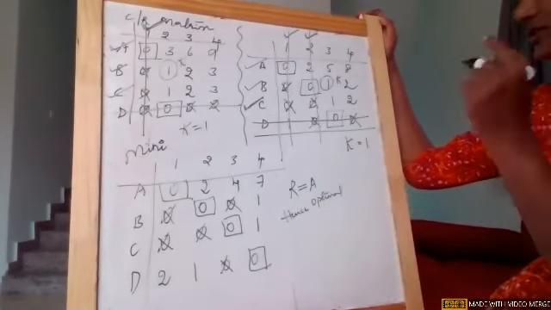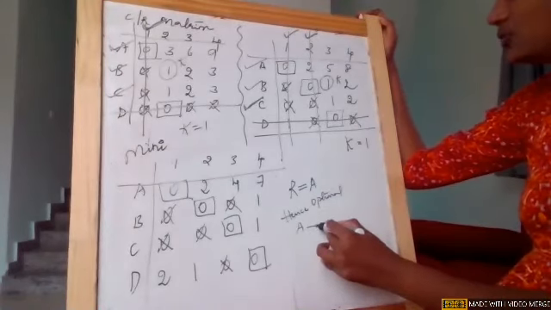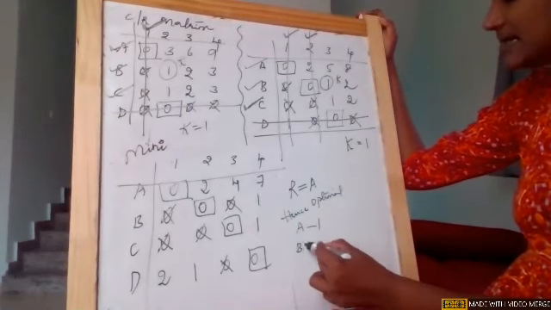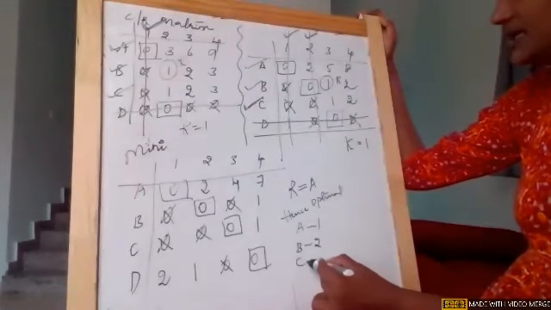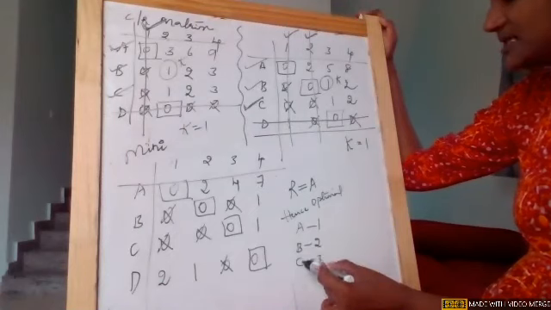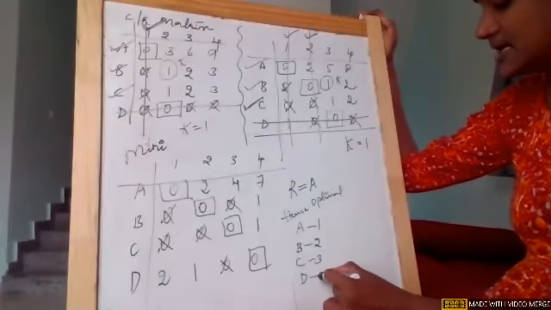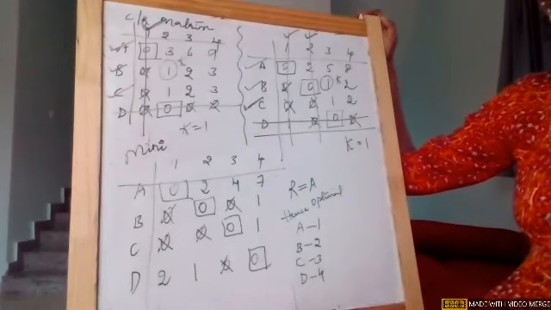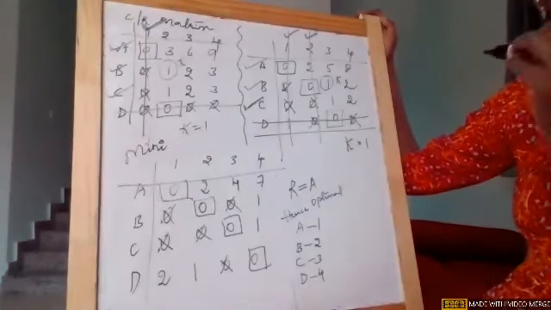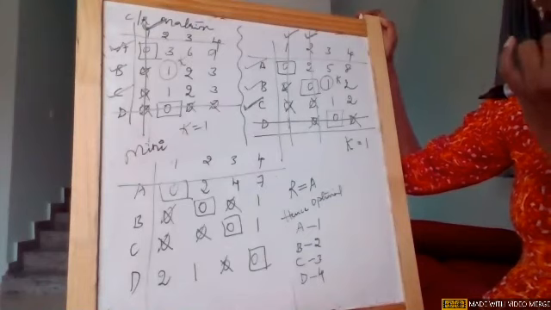Now how will I write the solution? A is assigned to 1, B is assigned to 2, C is assigned to 3, I mean territory C is assigned to the third salesman, like that. D is assigned to 4. Now go to your maximized matrix, which I called the cost matrix. You need to consider that.